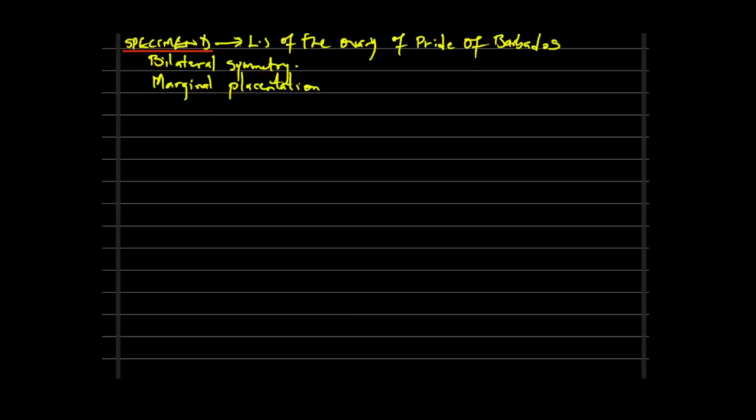So for the specimen we're actually talking about, which is the pride of Barbados, its own placentation is the marginal placentation. Like we can see here, that is its own type of placentation. And then the type of ovary that is found there is half inferior ovary. We have three types of ovary as well. Let me quickly put this. Half inferior